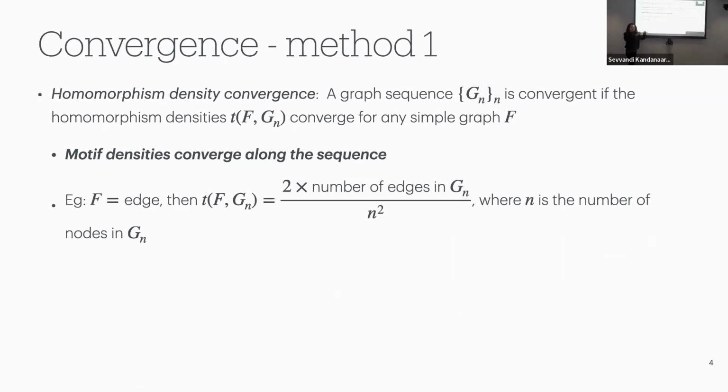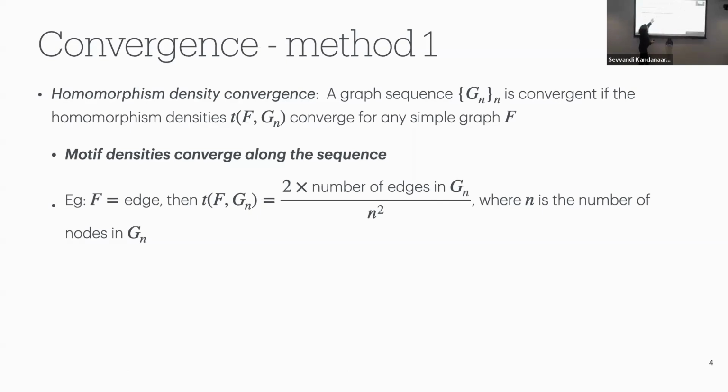And how is convergence of this sequence of pictures done? There are two methods, which are equivalent. The first method is the more graph theory method, called homomorphism density convergence. Basically, that is looking at motif densities. So if you have a sequence of graphs Gn, where n is the number of nodes,